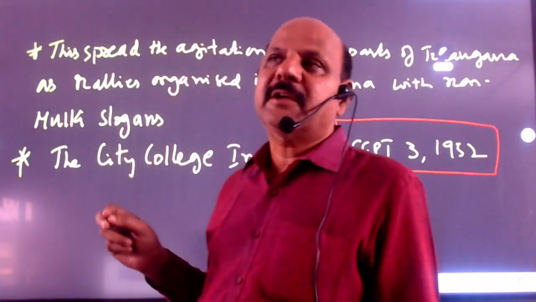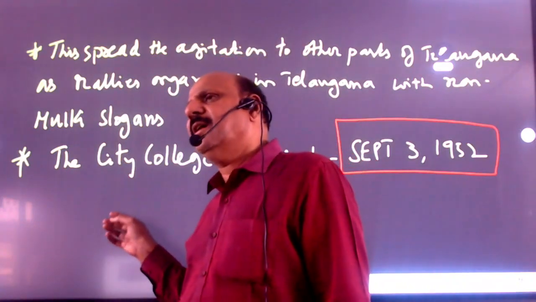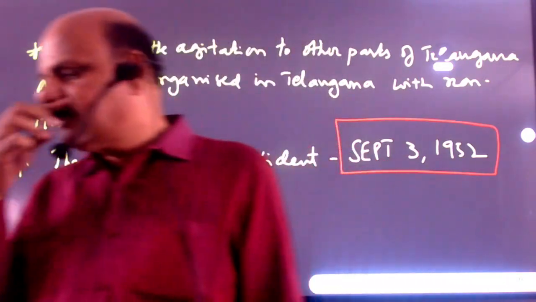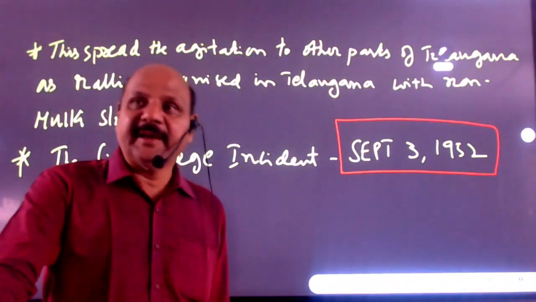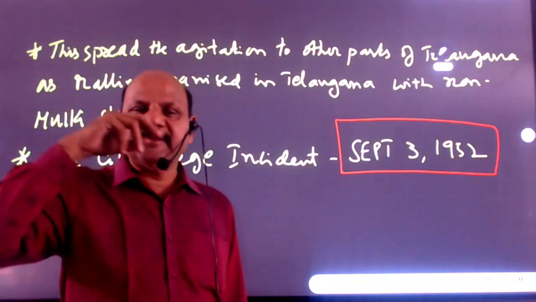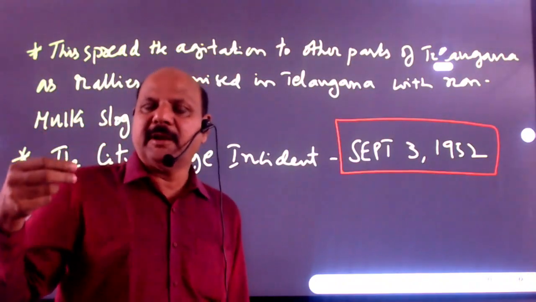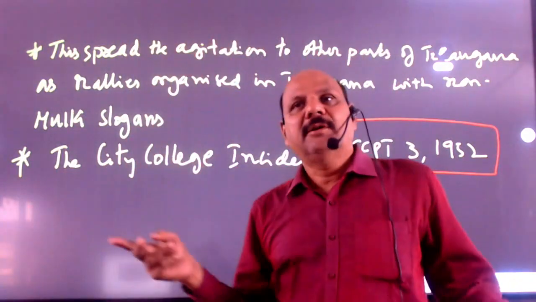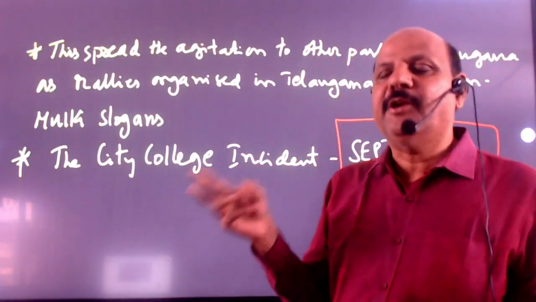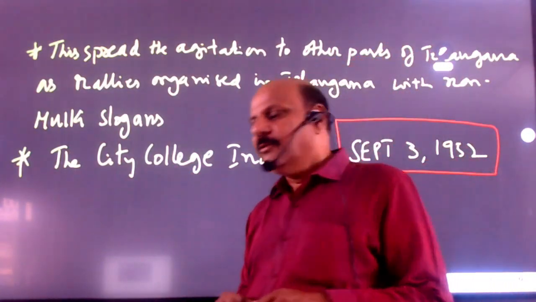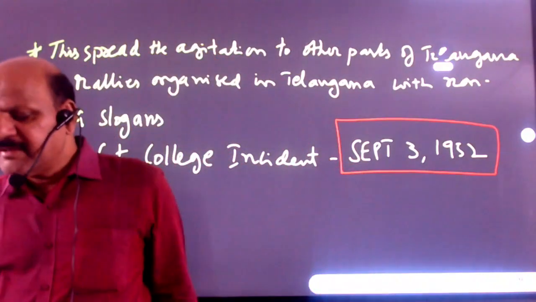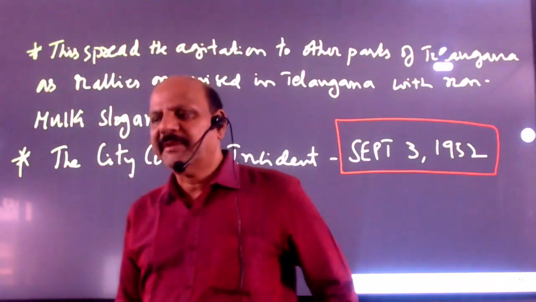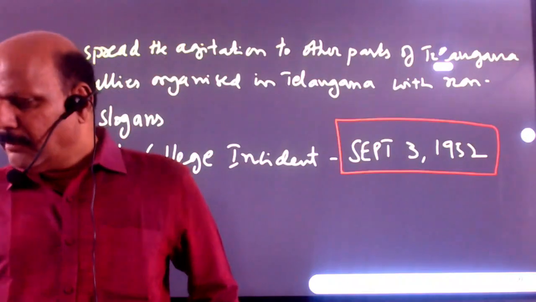So the Saifabad College incident and the lathi charge, then the oppressive orders of this Kotwal Lal, all these things were on September 2nd. When the Saifabad College incident took place, Shivkumar Lal was trying to oppress, with lathi charge orders and all this. City College people got infected with this ideology of the Mulki fight. On September 3rd, we have a major incident which is called the City College incident. So after September 3rd, 1952, then